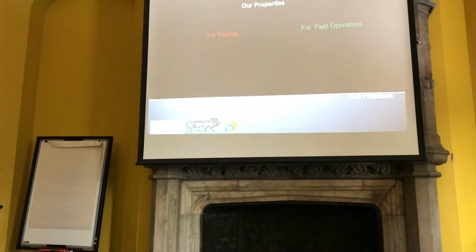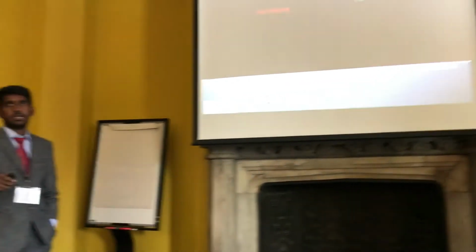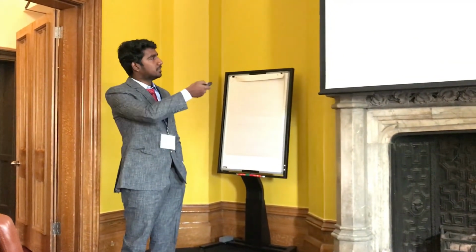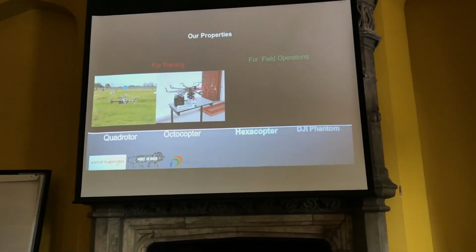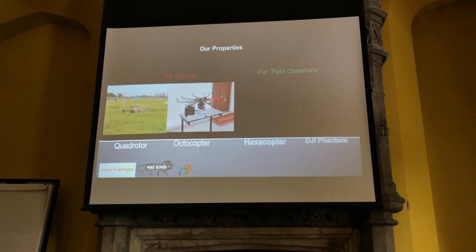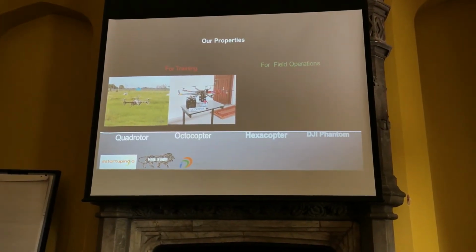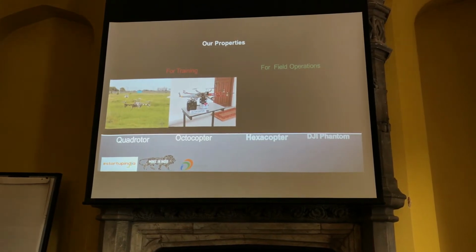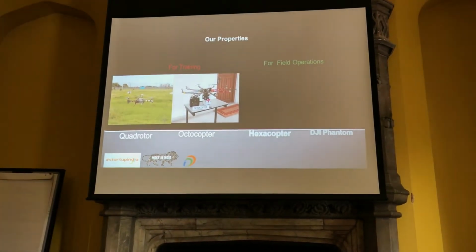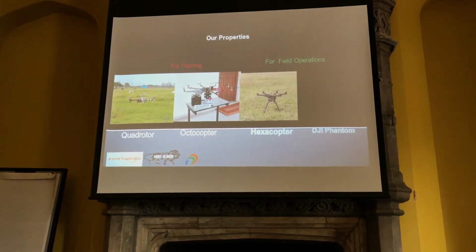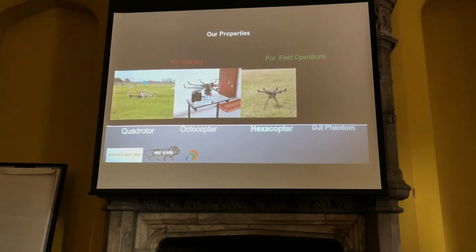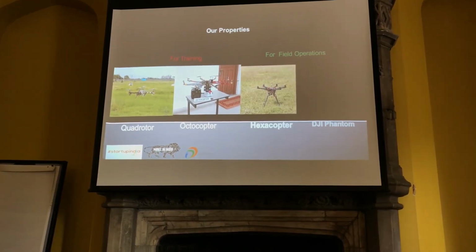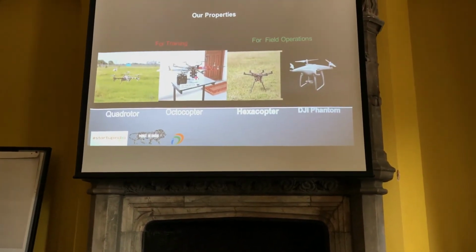So basically we started off by building a few prototypes just to get to know the idea of how drones work and how they basically function. So we started off with building a few quadcopters. This is an image of a quadcopter that we built. And then we wanted to extend it to a better and bigger version. So we built an octocopter that would carry loads up to 7 kgs and could also do surveys at the same time. Then we wanted to do something that could be applicable in the real-time industry. So we built an industrial grade drone called the exocopter, which we use for aerial surveying and mapping. And for the entertainment industry, you can't compare anything with DJI products. So we have a DJI Phantom as well for taking aerial photos and videos.